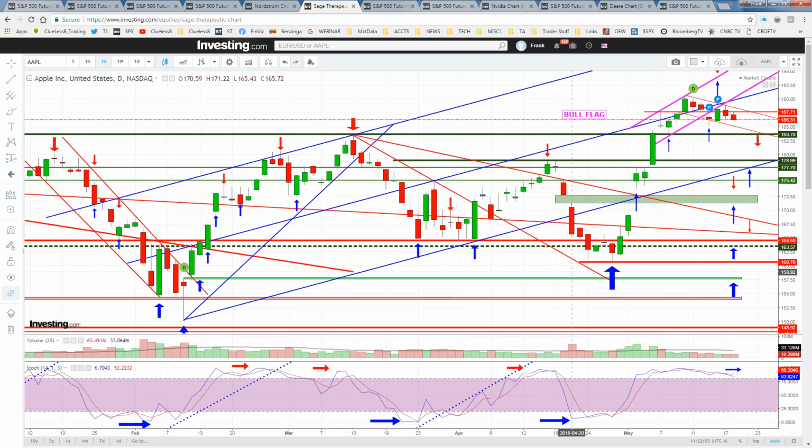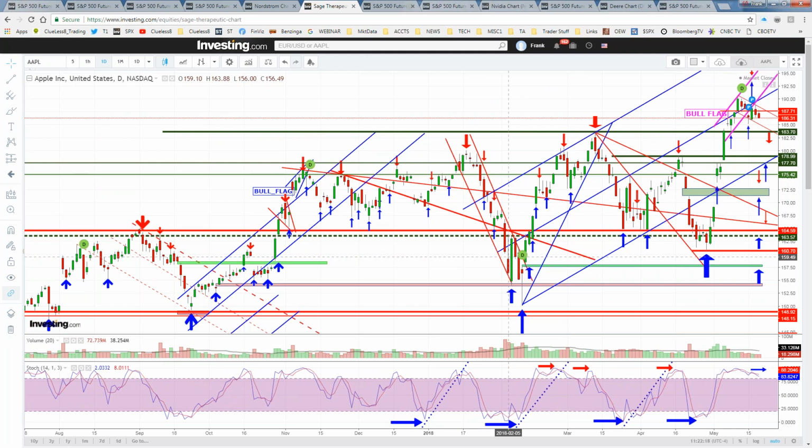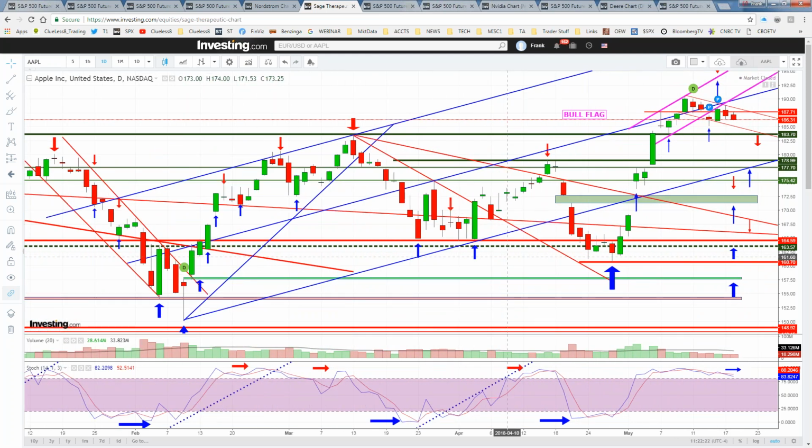I'll first want to take full credit for this. No modesty here. I called Apple as a major buy right at this level. I actually called it a major buy right at this dotted line because this chart goes back quite a bit, and we have traded every one of these inflection points. So when every single major guru analyst from Wall Street and the media said Apple's going to miss their iPhone sales and blah, blah, blah,